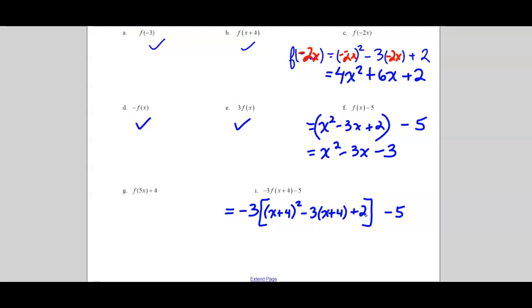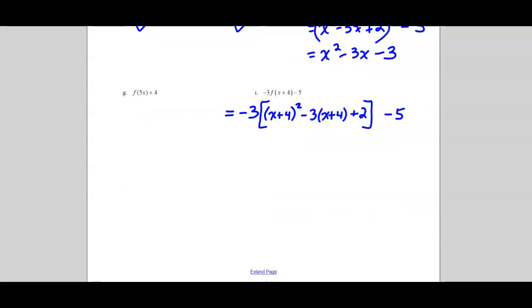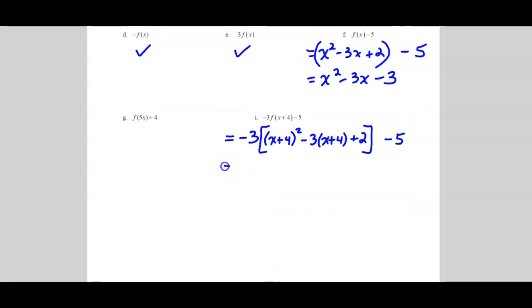Okay. Now, if you wanted to do f of x plus 4 separately, then multiply by negative 3, then subtract 5, that's fine. But you're in 30 level math. You should be able to show nice work all in one step. Now, order of operations. Got to square that binomial. You can expand out. Again, don't give me gray hairs. Expanding that out is x squared plus 8x plus 16. If you forget the 8x,